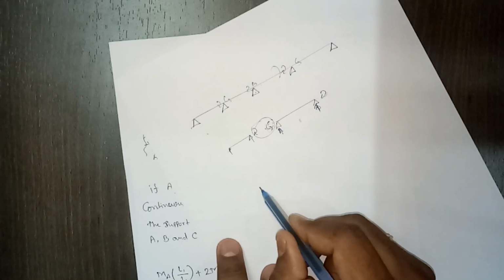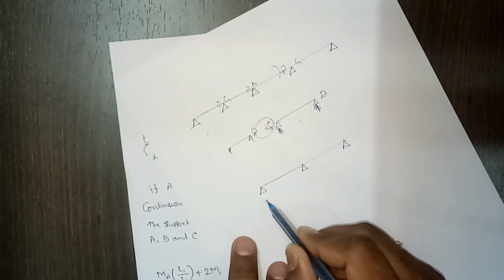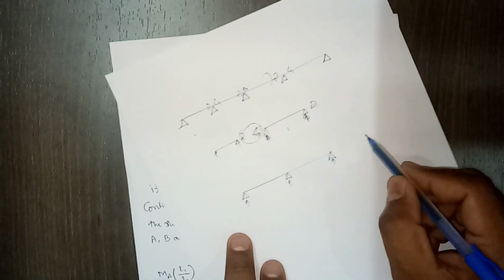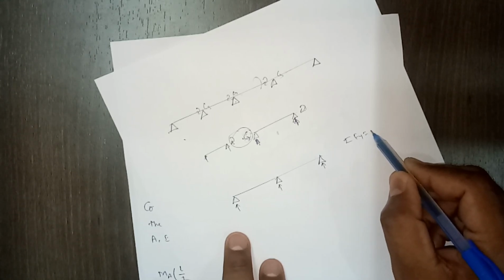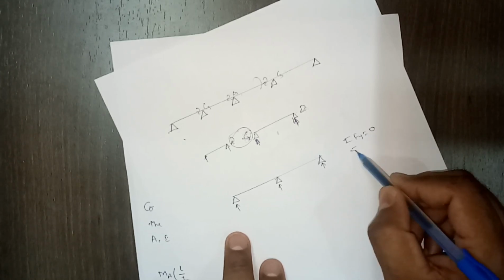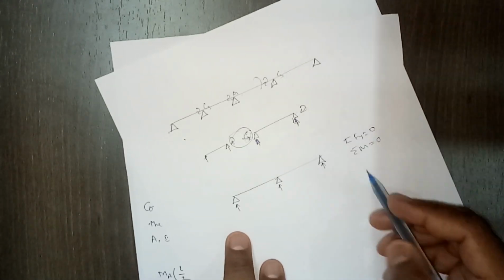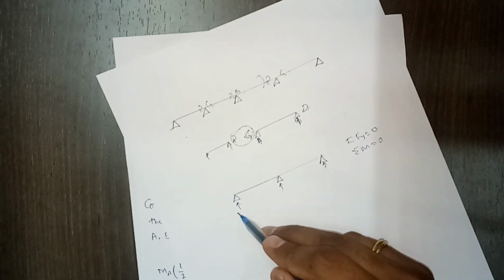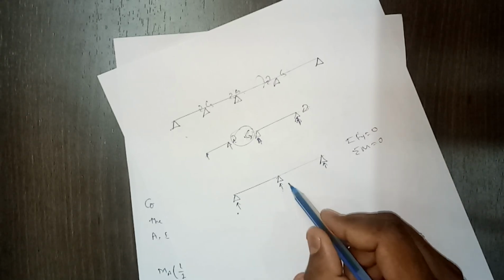Now even if you take a very simple problem, a beam supported on three supports, you'll get three vertical reactions, and the conditions of equilibrium available to us are only two: summation Fy equal to 0 and summation moment equal to 0. We are not considering any horizontal force, so we'll have these two conditions, but unknowns are three, so we cannot solve this problem. So then how can we solve this problem?